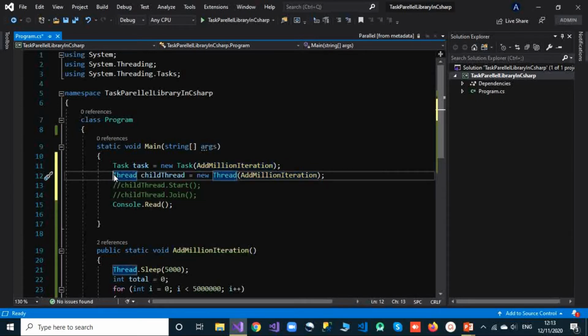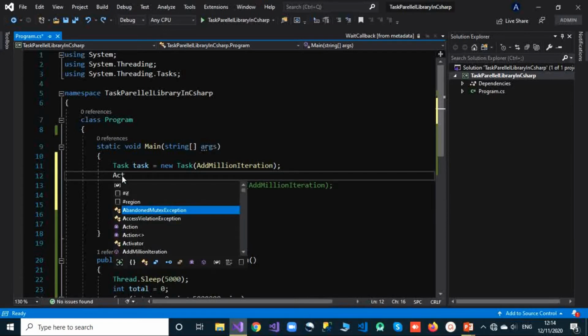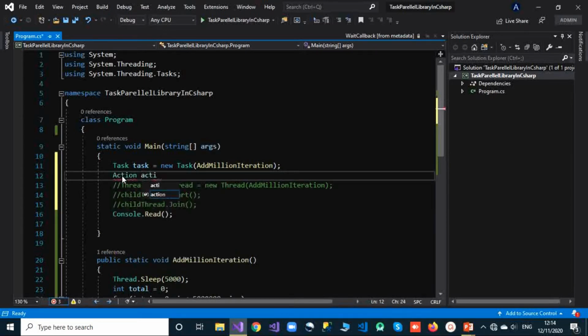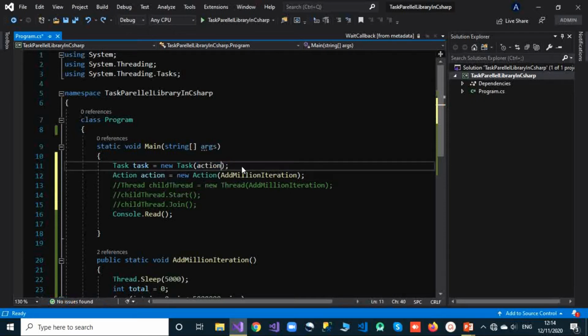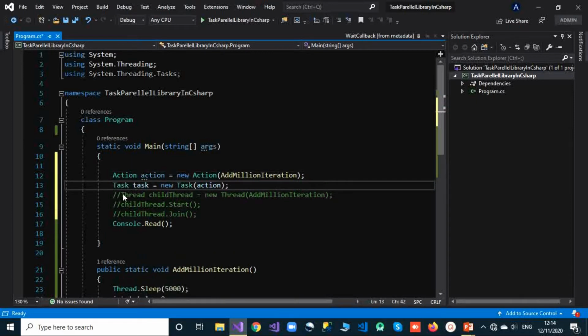And just like that, here there is this class, Action, and we can create an instance of that, something like this. And we can pass this method here, and pass this action here, but we have to take it below this. So before defining that, we cannot pass that.